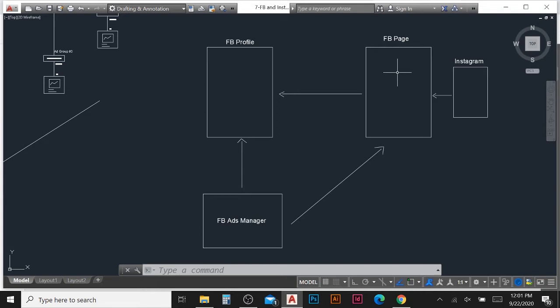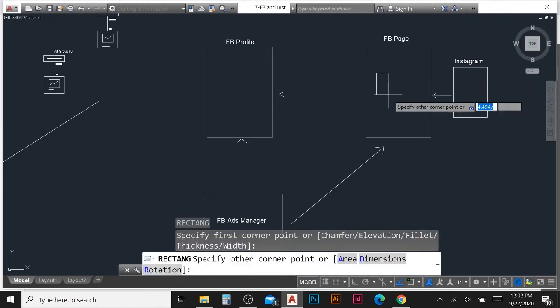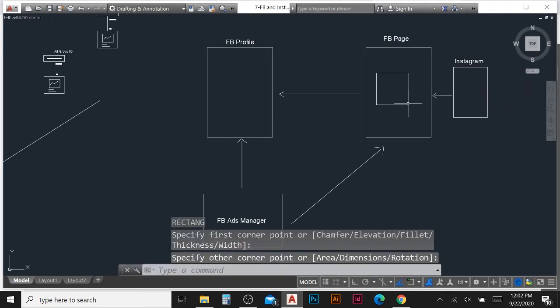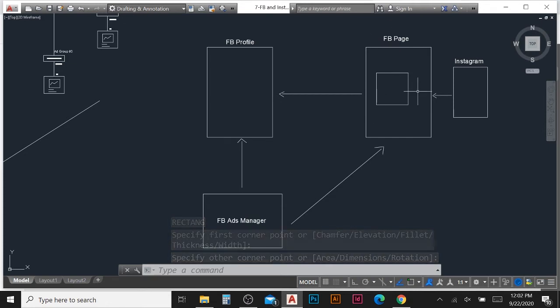For example, if you have a company, you can create that page from your profile, and this will be for business purposes, company related. So we can post something related to the product or service or anything about the company, so people can see that, and people can like and follow this page.